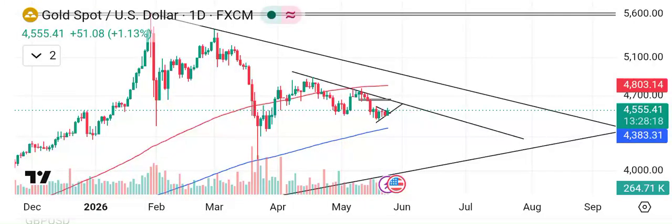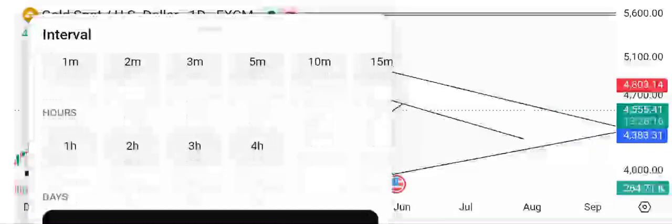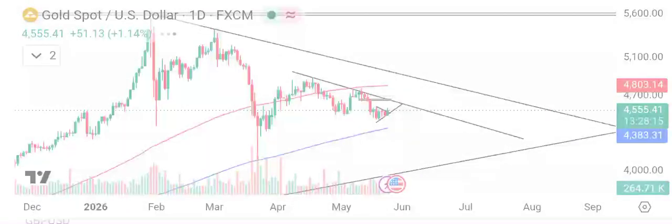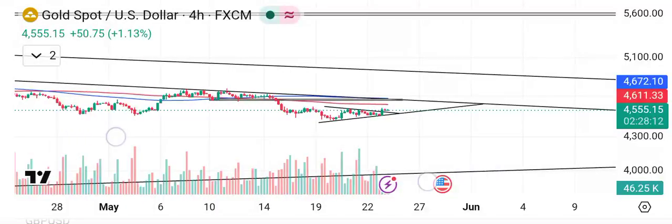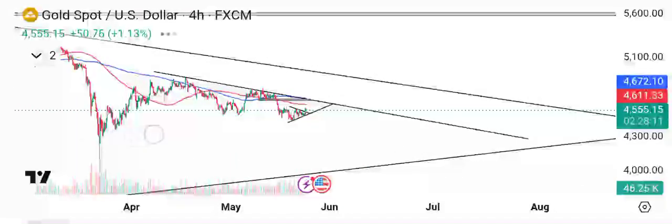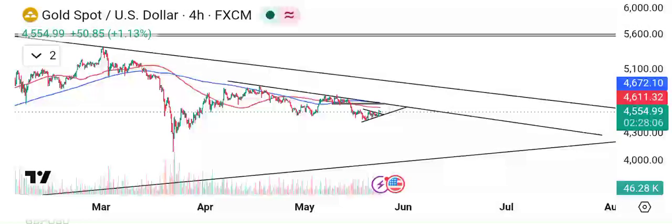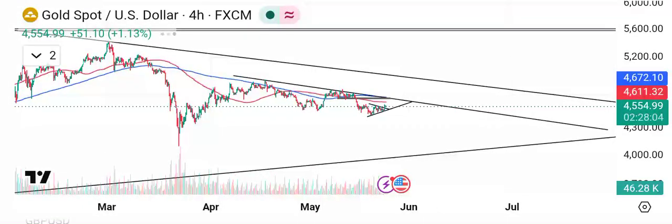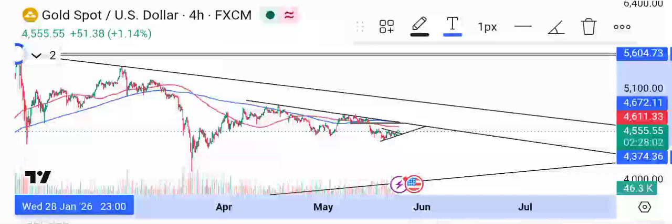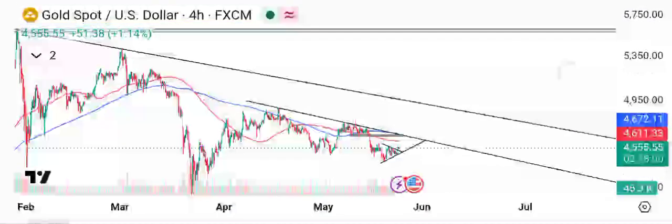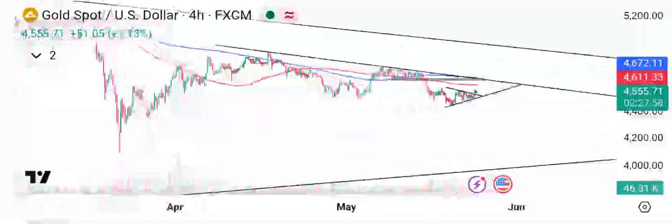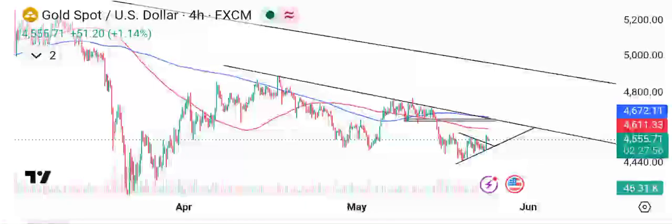So going down to the 4-hour chart here, you can see that from the 4-hour chart, after the price collapsed to this point here and made a retracement to this point here, giving us a lower high. You can see that. What did the price do here? Price got to this point here,